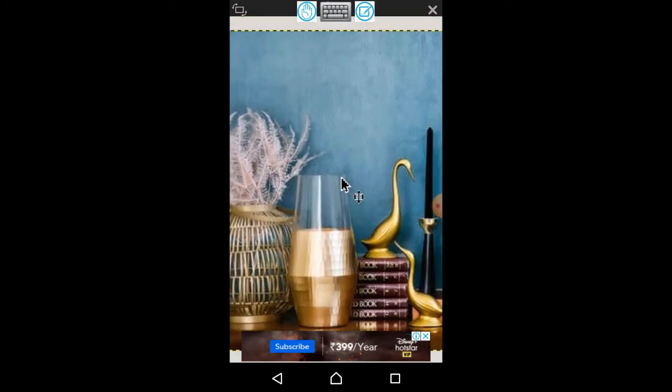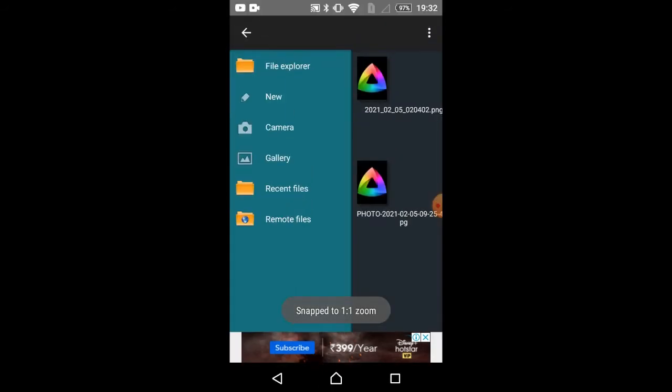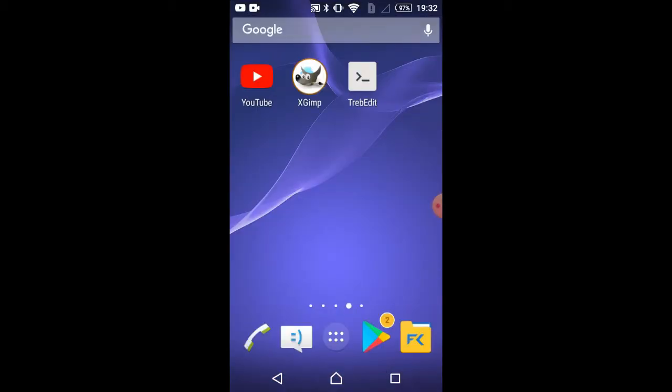So now we are done with noting the coordinates. After this, just close it and go back. So this was the first way to note down the coordinates, and the second way to note down the coordinates is using a website. As you know, both ways will need internet, so you can use either way. I'll prefer you to use the website way because it is a little bit easier than this. It will also provide you the coordinates. I'll show you how it goes.